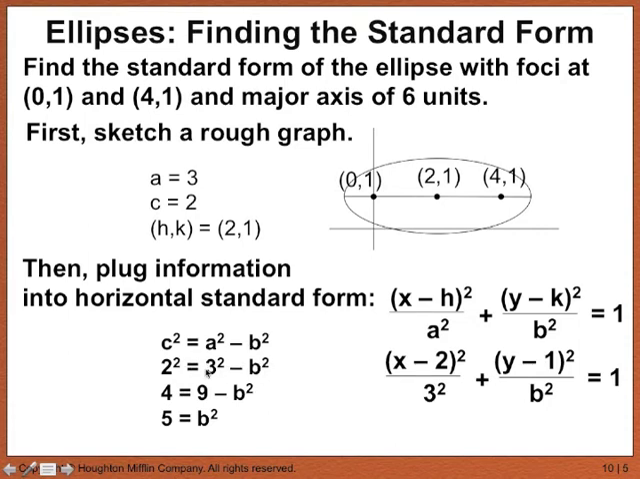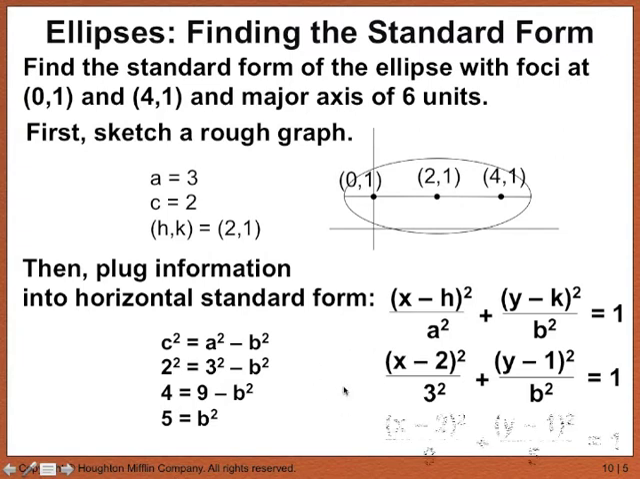2 squared equals 3 squared minus B squared. Therefore 4 equals 9 minus B squared. Therefore negative 5 equals negative B squared, which is the same as saying 5 equals B squared. And so now I can fill in 5 for B squared in the standard form, and